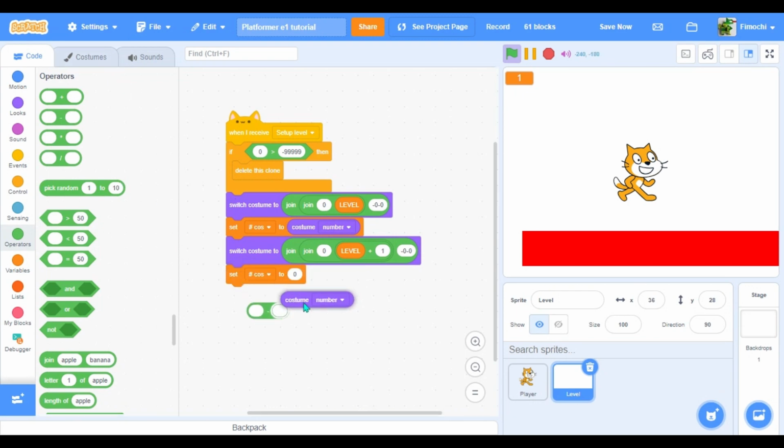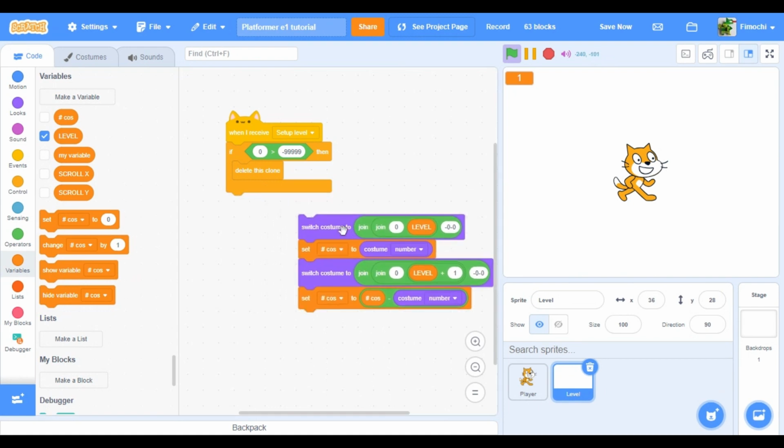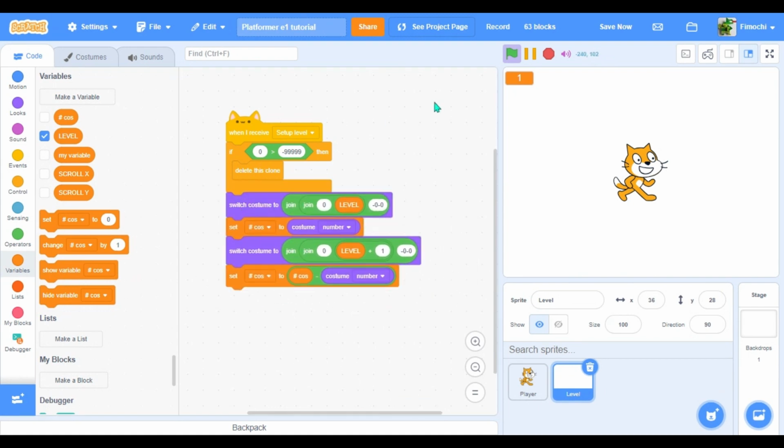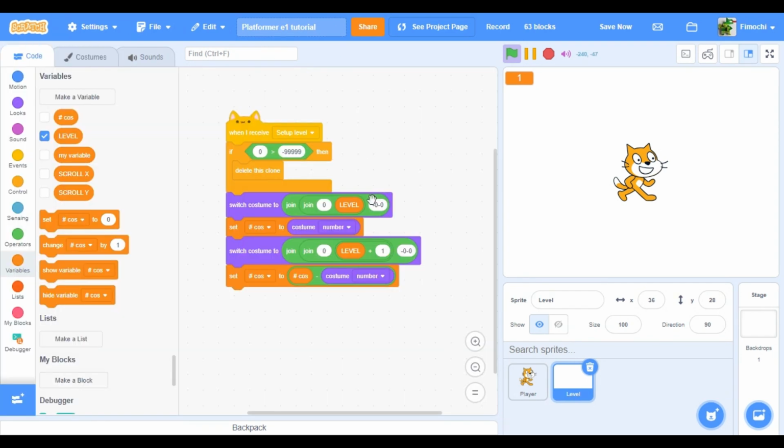So set hash cause to the costume number, take away the previous costume number. And when I click that, click the green flag, and you will see that